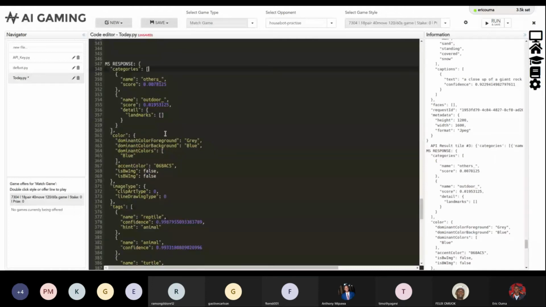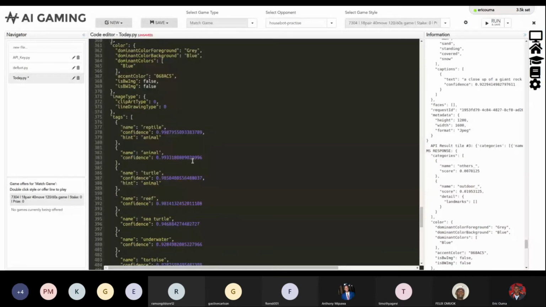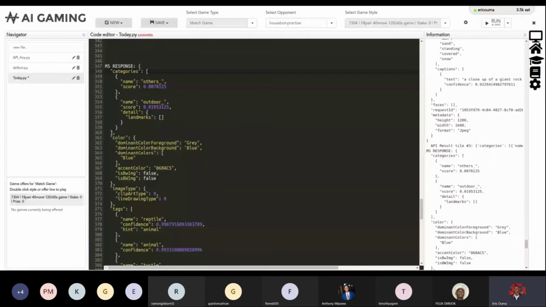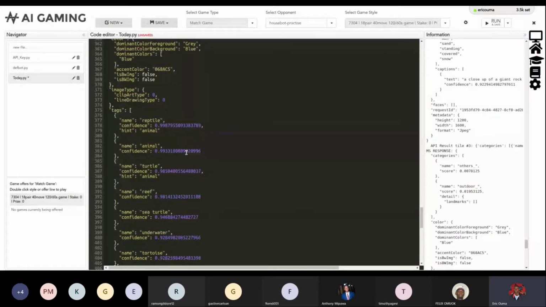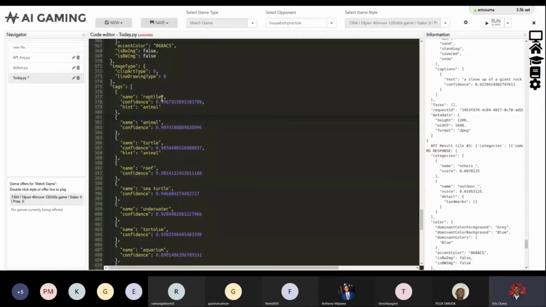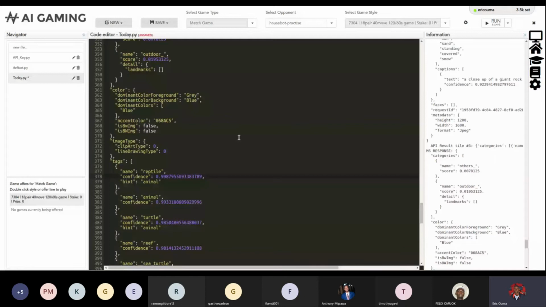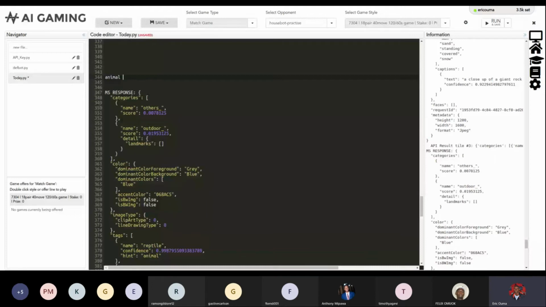So, for instance, let's say we want to access, okay, we have this value over here. We have these names of animals over here. So we have the tags, the name, the confidence, and the hint of the animal. So basically what you'll need to do, of course, is let's say you have a variable called animal. You'll obviously begin with the initial response. Let's assign this to that. You basically begin with that, and then